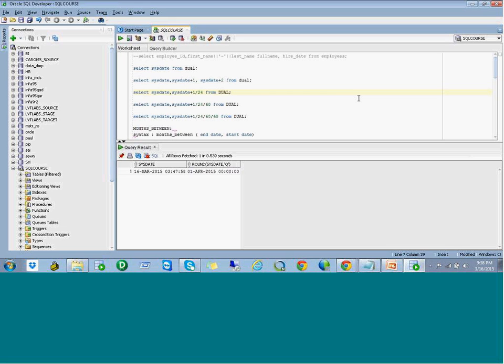Okay, cool. So we are going to discuss the date functions. In our last session, we discussed what the date function is in real-time applications. Today we're going to see how we work with date functions in real-time applications. So basically, as we discussed, DUAL is a